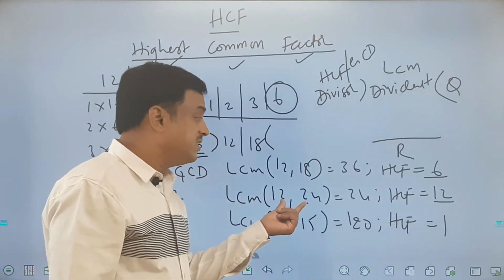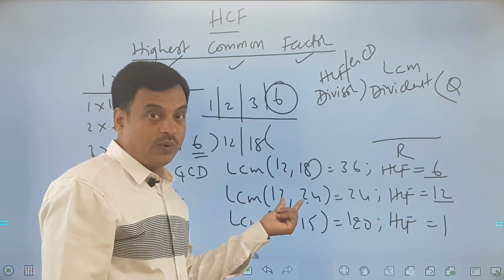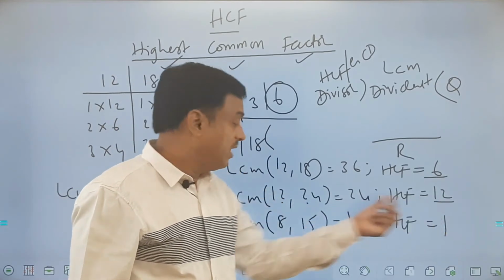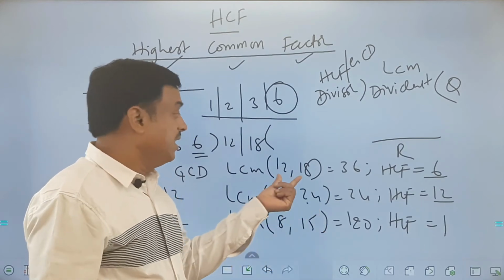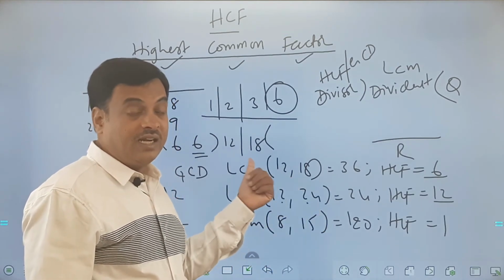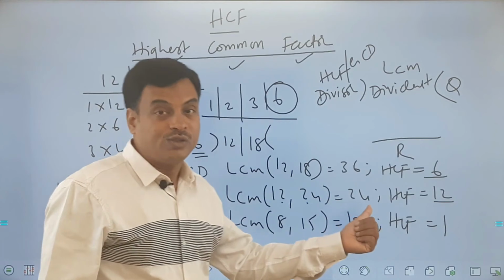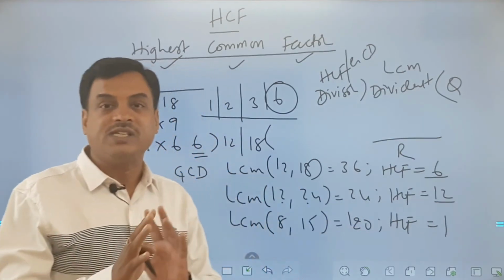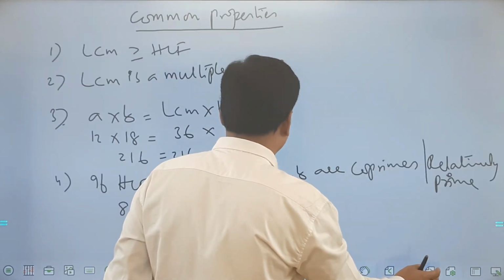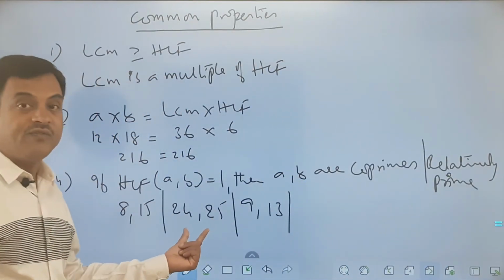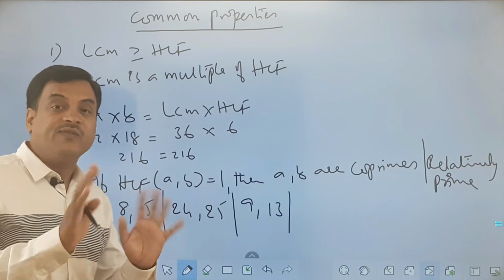See, in this case, the difference is directly HCF between 12 and 24 because HCF is 12. Both the numbers are multiples of 12. Try to observe this and understand. Here the difference is how much? 6. Now 12 is a multiple of 6, 18 is also a multiple of 6. So difference is 6, which is supposed to be an HCF. So you can observe the difference also makes an important point here. What is the difference here, friends? The difference is 1. HCF is 1.